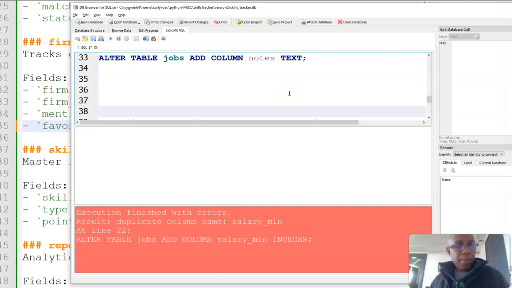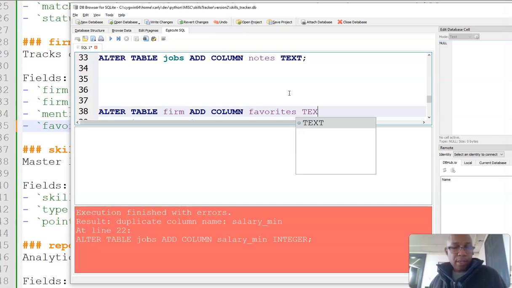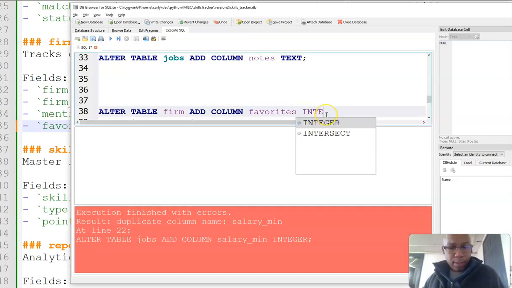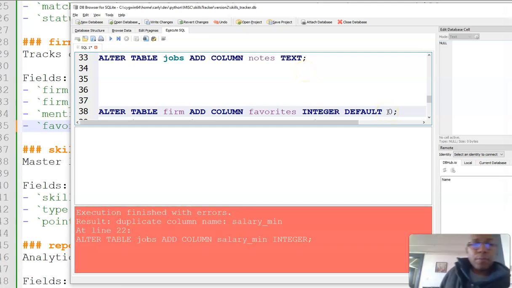So in line 38 here, we can just add ALTER TABLE firm ADD COLUMN favorites, and this will just be a text column. So what would actually be better is if we made this an integer with a default of 0. So we're trying to be as professional as we can here. I think best practice for something where this is kind of a yes/no type of deal, true, false, so Boolean type of thing,